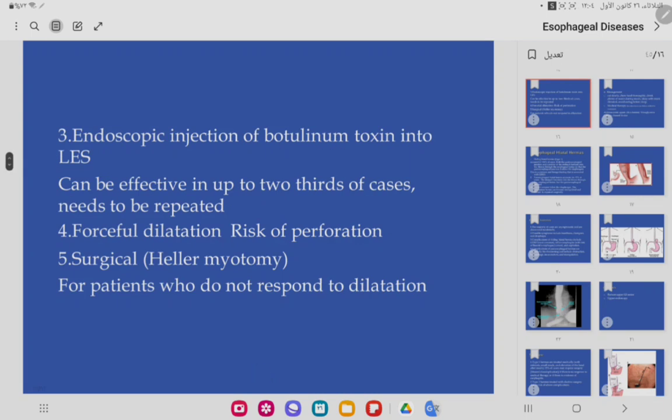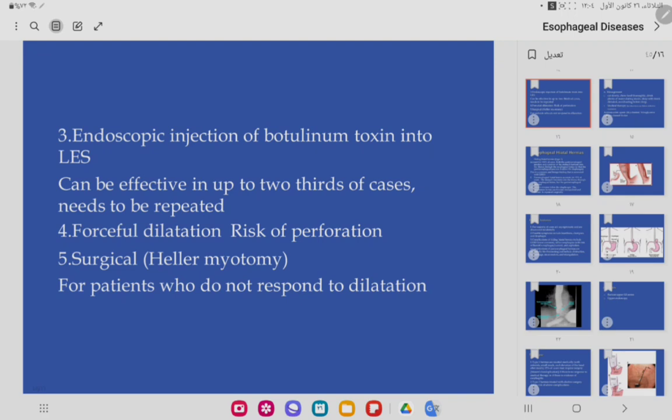If all of these measures do not improve the outcome, we refer them to the GI consultant or specialist for injecting botulinum toxin, which causes relaxation at specific areas of the sphincter and the segment. It's effective in two thirds of patients. Sometimes we do forceful balloon dilatation with the endoscopist, but bear in mind the risk